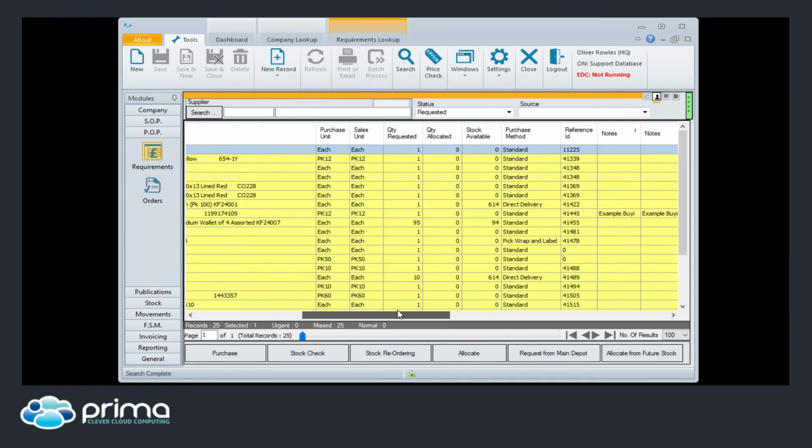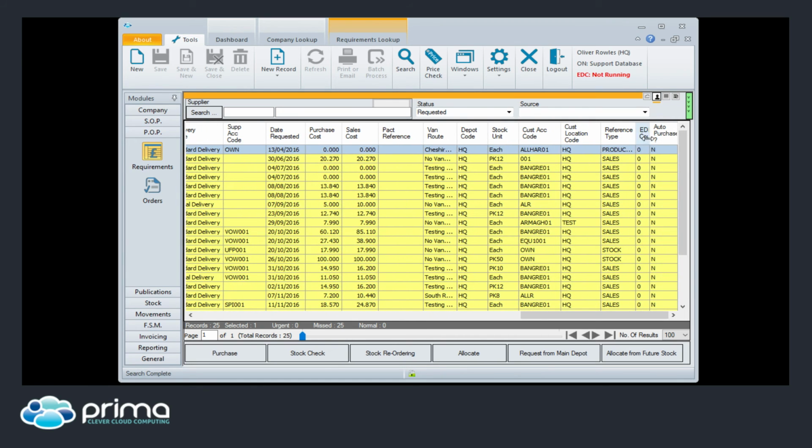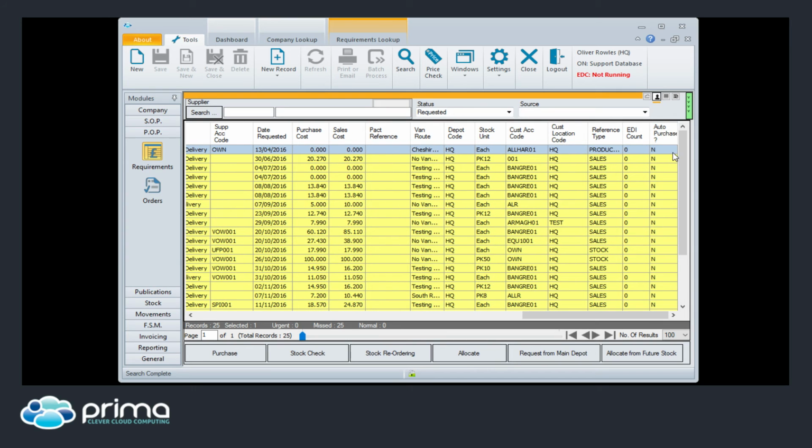If I scroll to the right, you can arrange these columns as well, but if I go to the very right, what you're going to have is EDI count and also the auto purchase. If your EDI count is more than zero, if it's 1, 2, 3, etc., that means that the EDI order has been blocked for whatever reason. So if the item's been discontinued, or for whatever reason, split packs or something, if that supplier is saying that this order can't go through, you're going to have a value as to how many times this has been pushed back into requirements. So if your automated purchasing is carrying on trying to purchase an item that's discontinued, you'd be able to see there within the EDI count